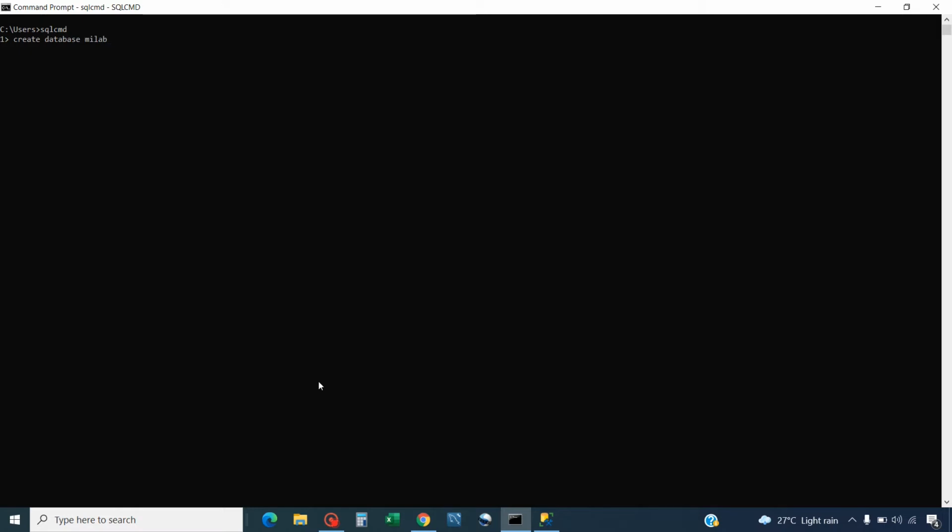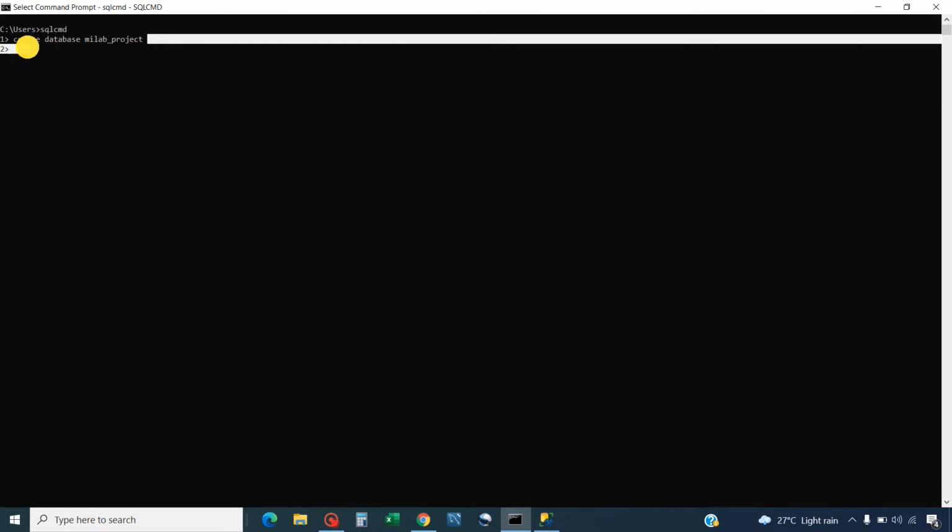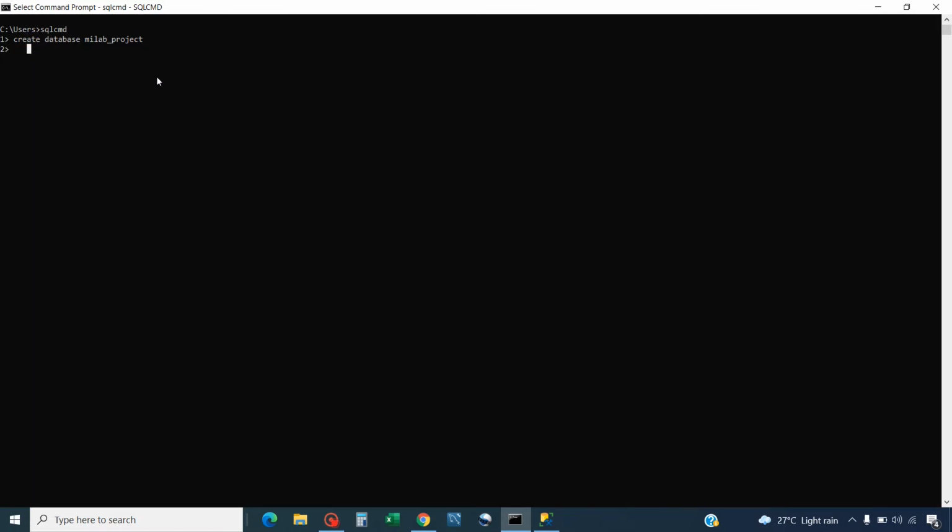MyLabProject is my database name. Now press enter. In order to execute this command, you have to type go and press enter. In order to execute any SQL command, you have to type go and press enter. Then only it will execute the SQL command.